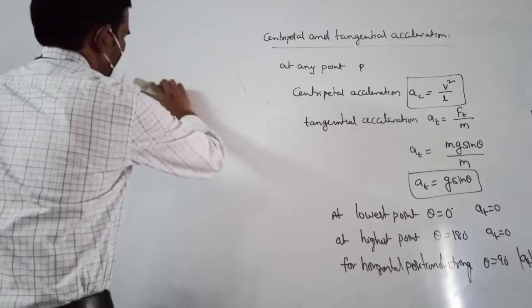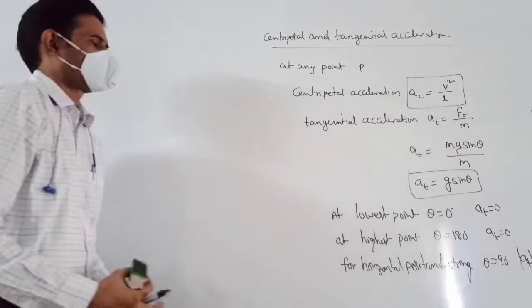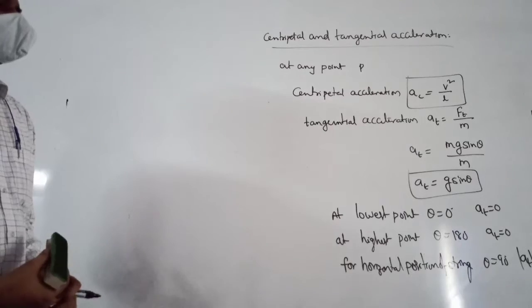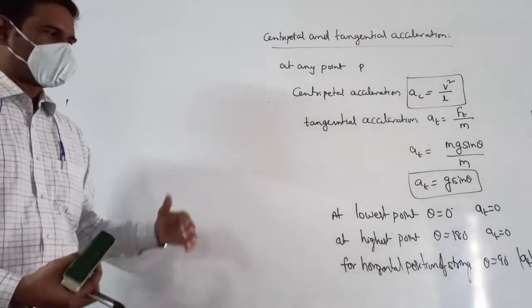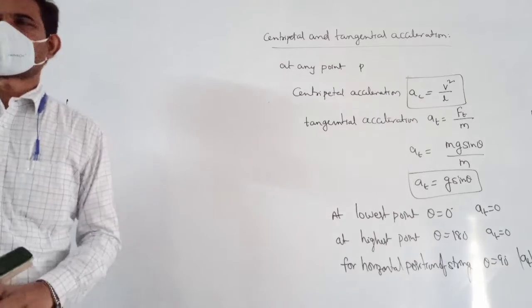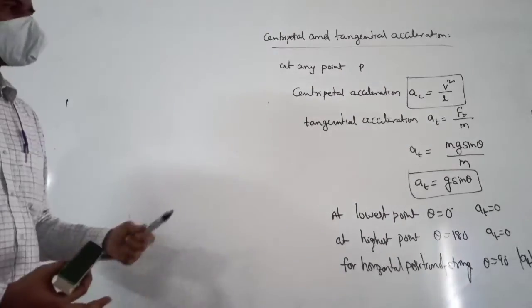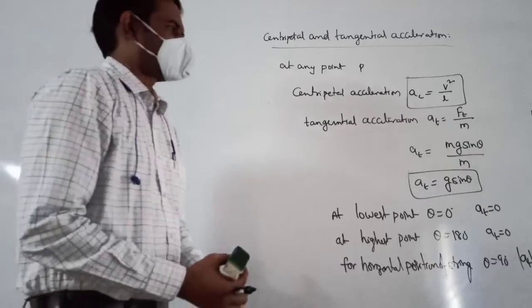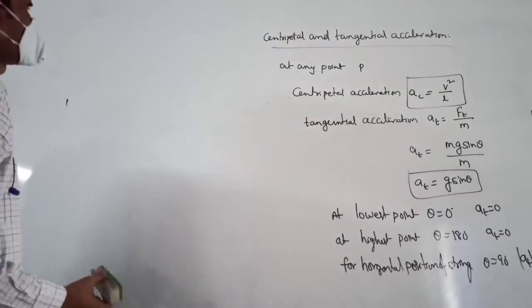I will complete the total theory related to this vertical circle, and after that I will discuss the problems based on that. After completing the total theory I will give the problems based on this. So next, what we can write here is some other cases related to that, or first let us complete the total theory.